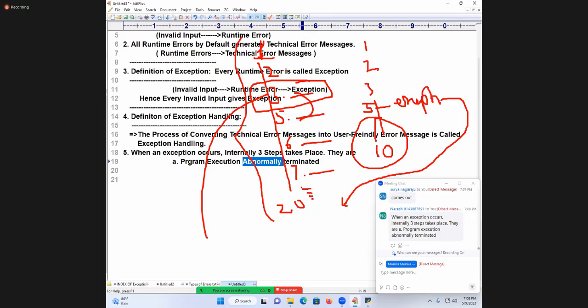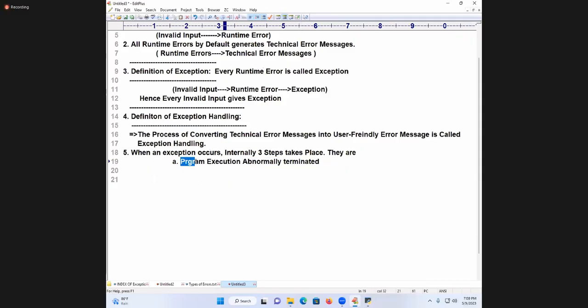So exception handling is required, because the program terminates abnormally if the end user enters wrong input. I hope you understand. Program execution abnormally terminated. That is number 1. Point B: program execution abnormally terminated by the PVM.